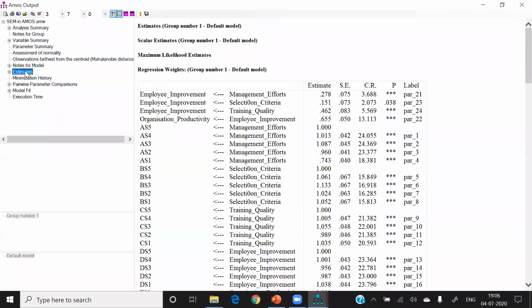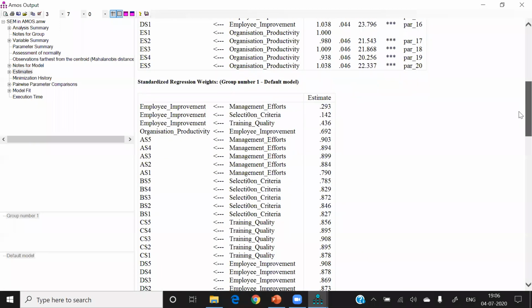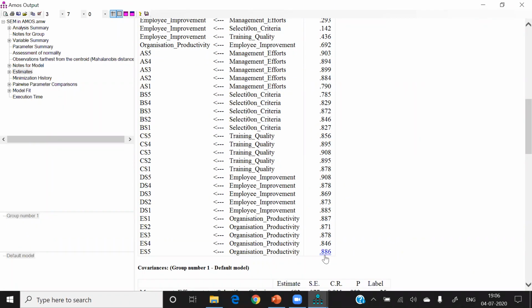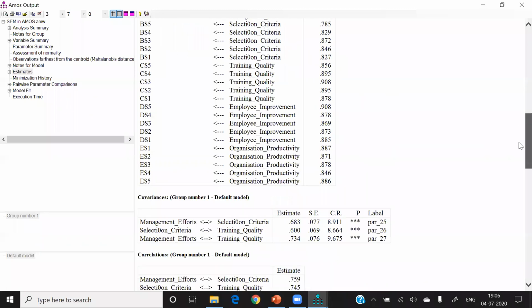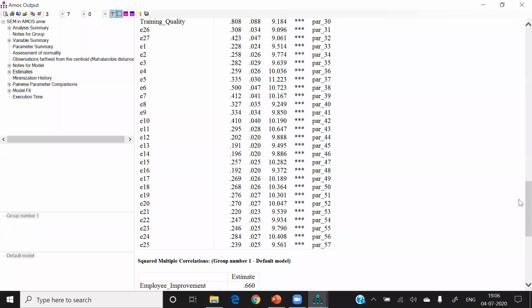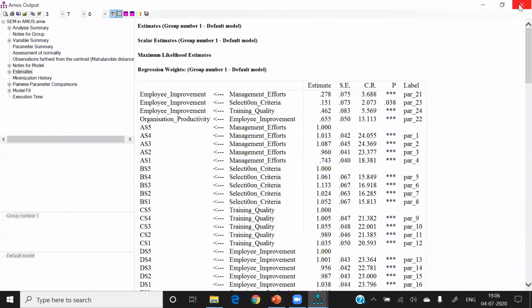Another thing we have to check here: all the things are good because all construct loadings are more than 0.7. So construct loading is not a problem here. The problem here is the 5-point scale and the problem of normality. So this is everything we should know about the structural equation model.